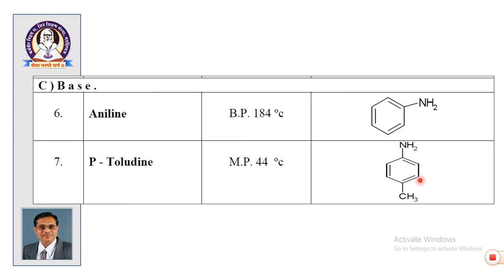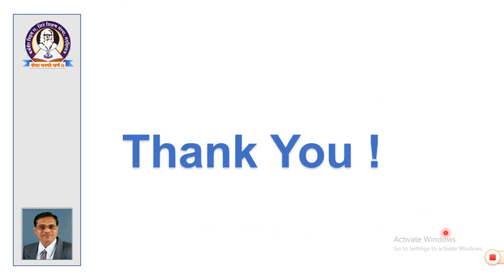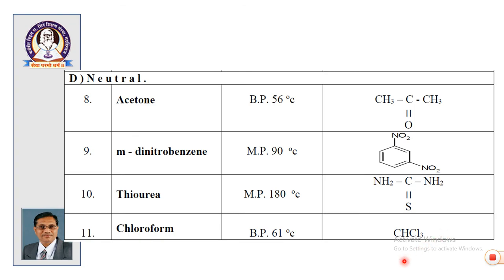So, beta naphthol. Then aniline is a liquid base. Then sooty flame. Para-toluidine is a solid base, with no easy reprecipitation because the melting point is very low. Then acetone, which is water soluble. m-Dinitrobenzene is a solid neutral compound with nitrogen. Then thiourea, a water soluble compound with sulfur. Chloroform contains halogen, and similarly chlorobenzene. In this way you can differentiate between these compounds and follow the procedure to investigate the organic compound, which is called organic spotting.